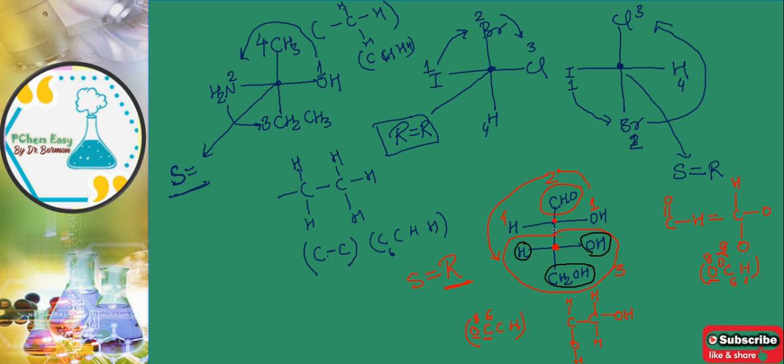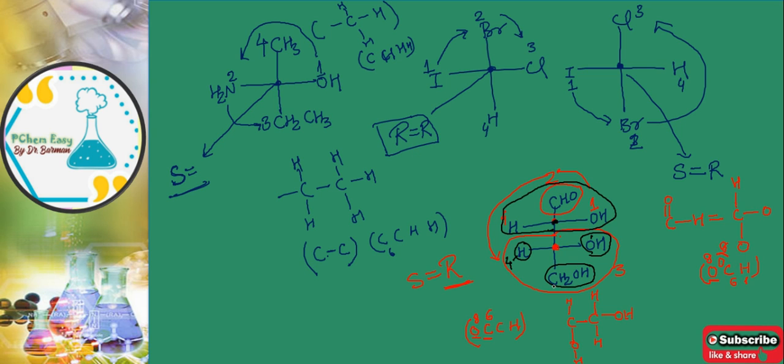Okay, so all of this including CHO, as we have counted here, will be complete group 4. Now what do we have to do? For the 4 different groups, this black one, oxygen, will get priority 1, then carbon, and then hydrogen will get priority 4. There are 2 carbons. Now we have to see this carbon, which is directly attached to the chiral center.